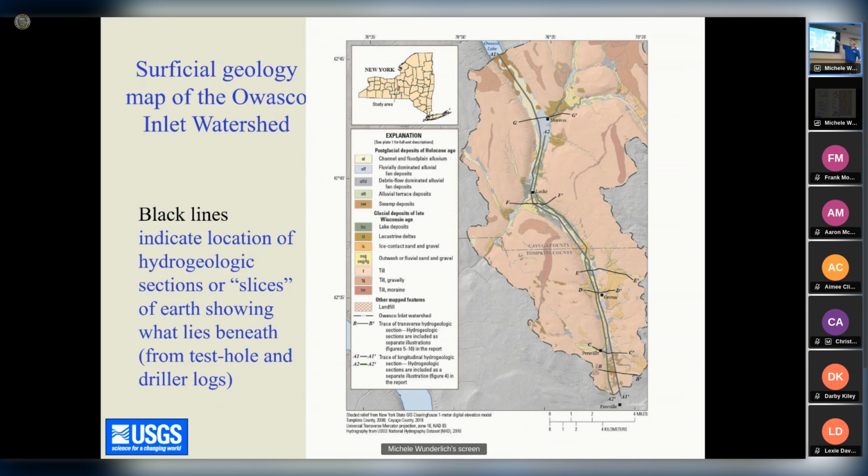This is just an overview of the area, and pink is glacial till in the uplands. In the valleys, you'll see occasionally some areas of the more orangish, and those are more permeable deposits. But this just shows what's at land surface. So in the valley, you see alluvium and you see some lacustrine deposits, but you don't really see what's beneath. So these dark lines represent geologic sections where I have well data that I basically, I'm looking at the earth, taking a slice and showing you depth to bedrock and what kind of deposits are there.